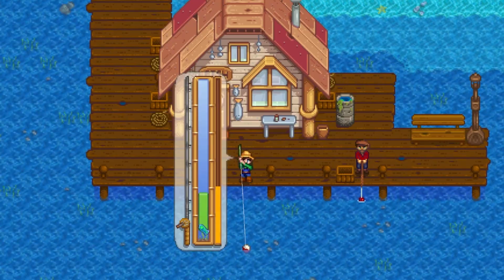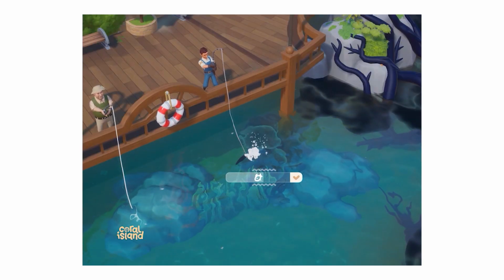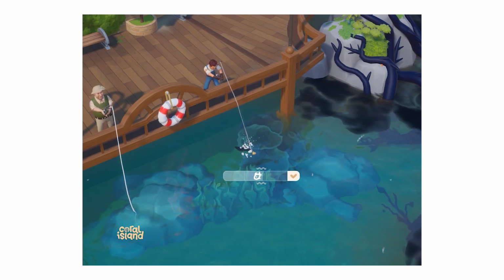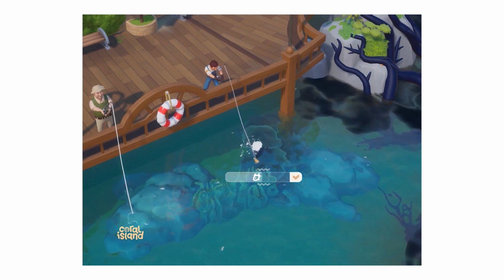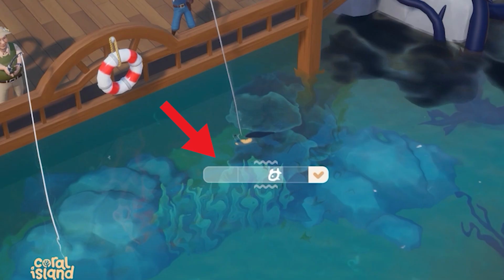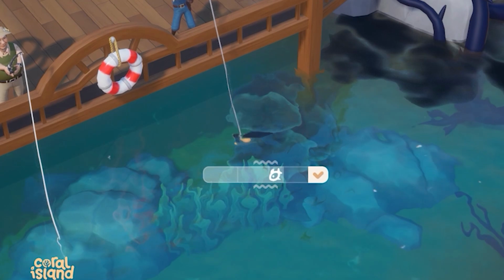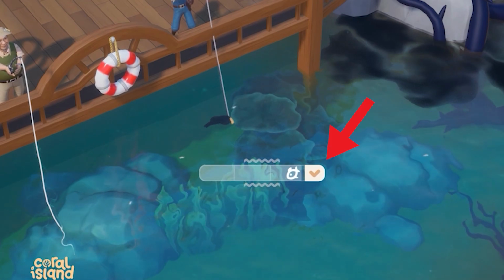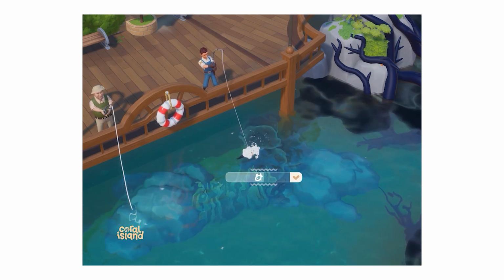It does appear that we will actually have to time when we attempt to catch the fish. So when it actually bites, you'll likely click again to trigger the catching minigame. Once you get that bite, a bar will appear, and in order to successfully catch the fish, we have to fill the bar all the way to the check mark on the right. It kind of seems like it may involve holding the mouse button and releasing it, but